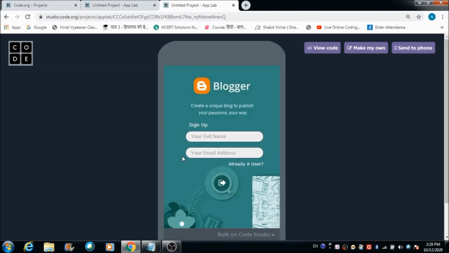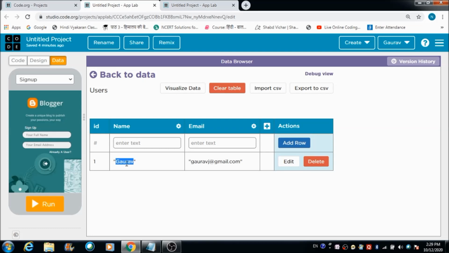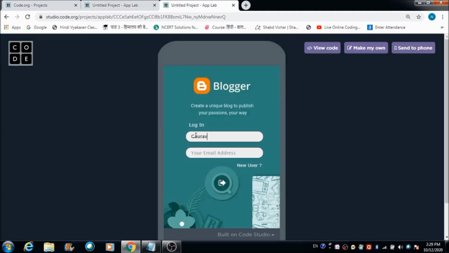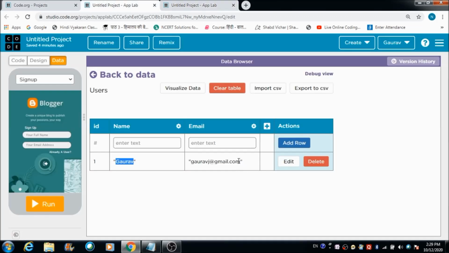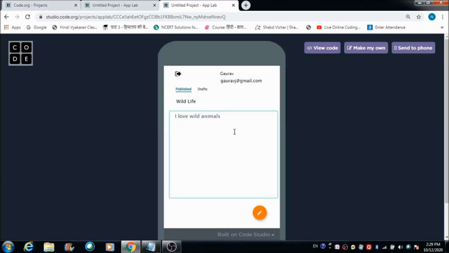We are able to log out from the app too. Let's now log in as an existing user. For that we will be using this login screen. What was the ID with which I created the profile? I need to check it once. This is the name, and the ID was, let me just copy it from here and paste it over here. Fine, this is the ID. Let's check whether we'll be able to log in using this information. Yes, we are able to log in into the app. So that's how you can create a full-fledged Blogger application.